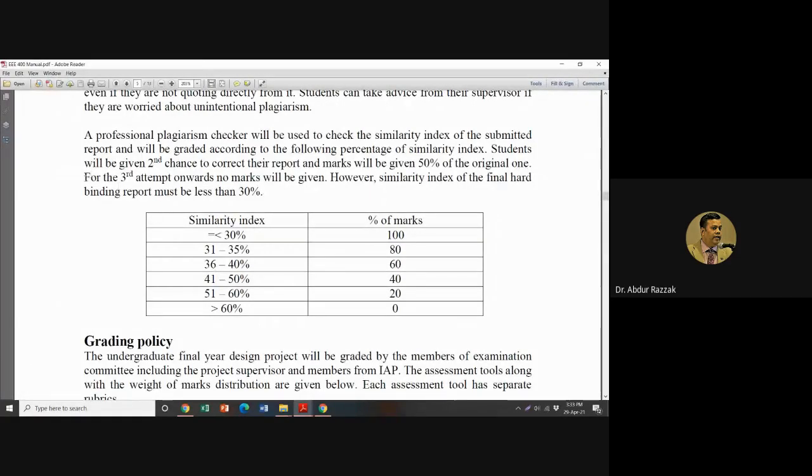But for the third attempt and onwards, you will be given no marks. You will not get any marks. But